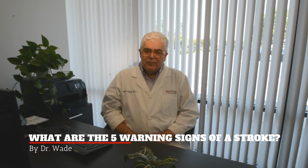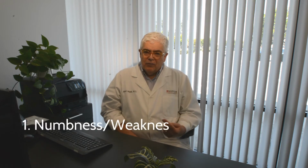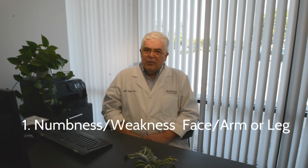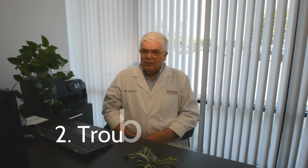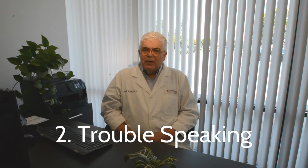What are the 5 warning signs of a stroke? Well, the 5 warning signs of stroke are: first, sudden numbness or weakness in the face or an arm or a leg, particularly on the same side of the body. The second warning sign of a stroke is a sudden decrease in ability to speak, or confusion, or decrease in